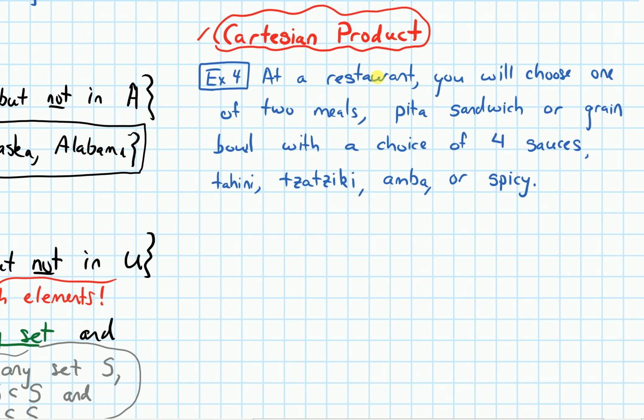So at a restaurant, you will choose one of 2 meals, a pita sandwich or a grain bowl, with a choice of 4 sauces: tahini, tzatziki, amba, or spicy. Okay, so we can express a food selection by picking